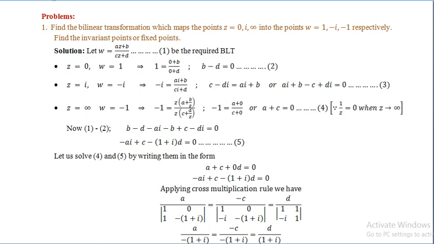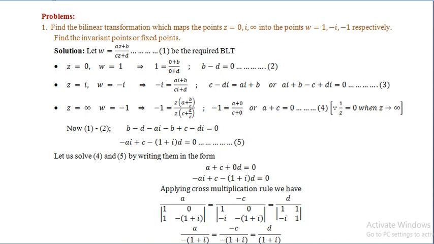Say equation number 3. Then the third set: put Z equal to infinity and W equal to minus 1 in equation number 1. When Z contains infinity, before substituting the Z and W values, our very first step is to take Z as common on the right hand side. If Z contains infinity, we apply this condition: take Z as common in the numerator and denominator of the right hand side only.